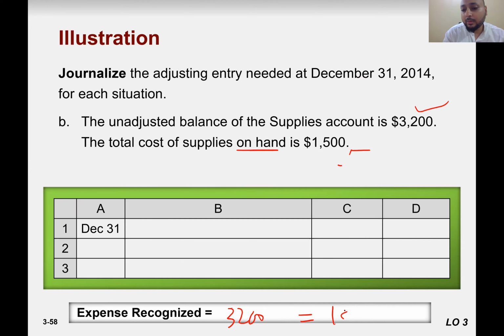What we have now on hand, 1,500. So how much have we consumed, or how much is used? 1,700, right? You just solve the equation and it would be 1,700. So 1,700 must be decreased from this supply account. Supply account is our